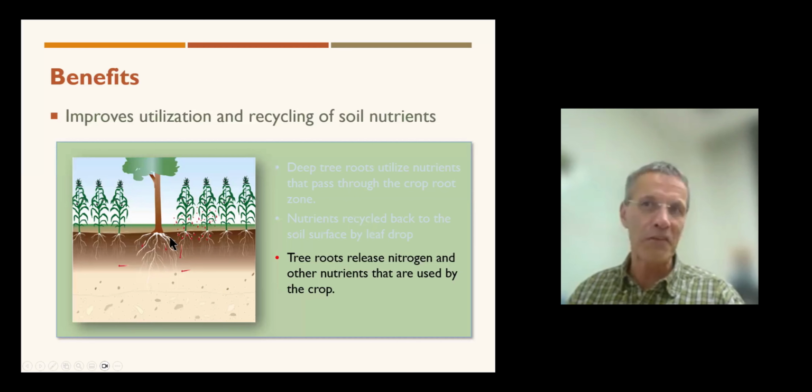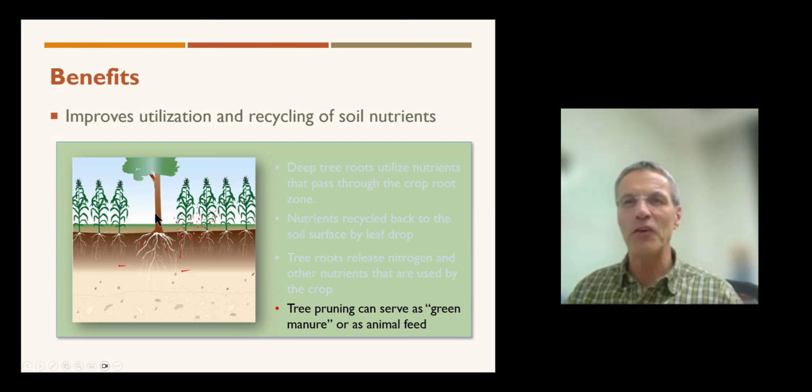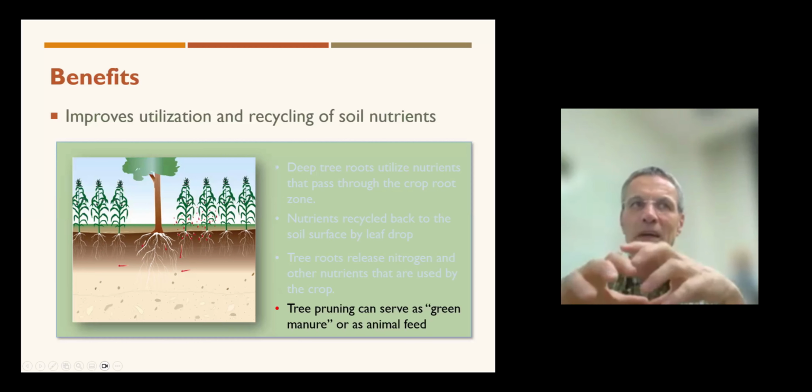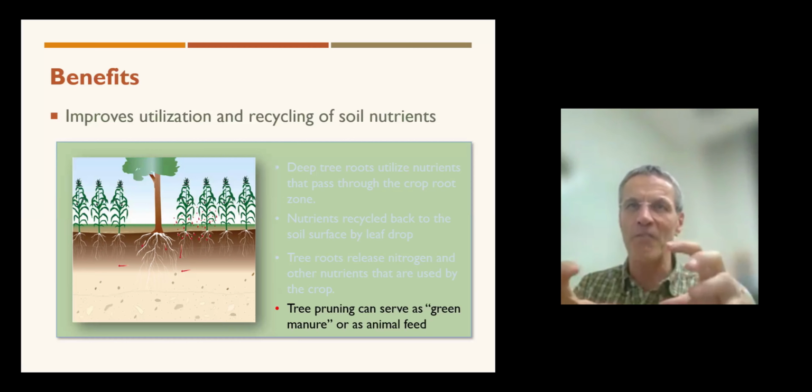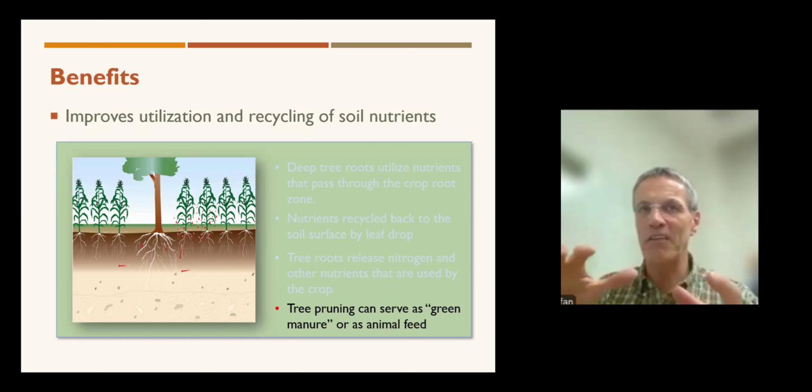Or it might be recycled by the tree itself, depending on the management. As I said, when you prune the tree, or what I'm going to show in a little while from my own research, we coppice the tree, meaning we cut it, we only let it grow basically as a stem at the very bottom, maybe a foot above the ground or even closer to the ground. Everything will be cut off, and that can be used as a green manure.